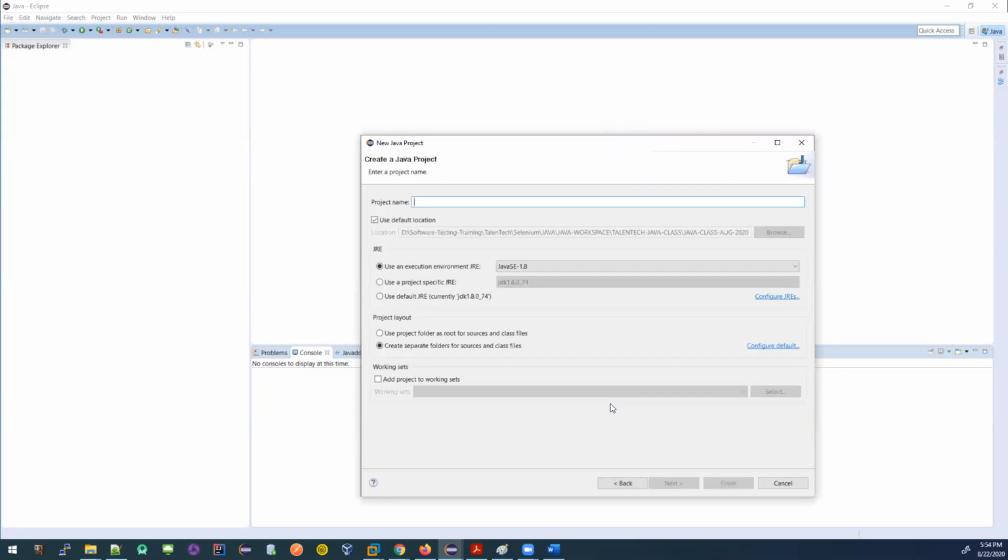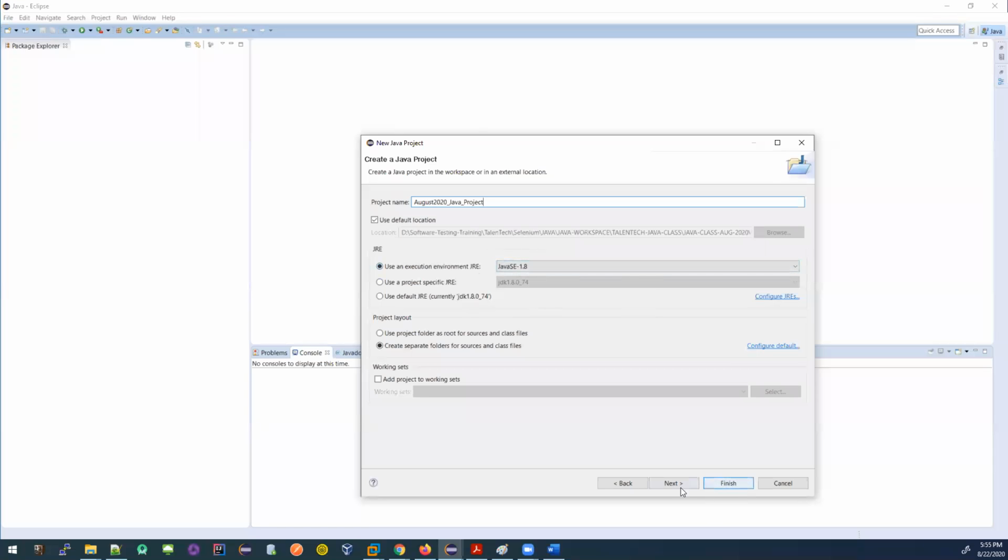Then you'll give a name of a Java project, right? So I'm just giving a simple name. I'm saying August 2020 _ Java project. Okay. So I have Java 8 installed, so it's taking the Java runtime environment. Runtime environment basically is the environment where Java has all those built-in classes, all those built-in stuff ready, which will help you to run your Java code. So Java 2nd edition 1.8. This is the Java 8 that I already have installed.